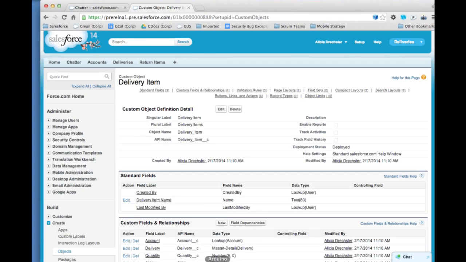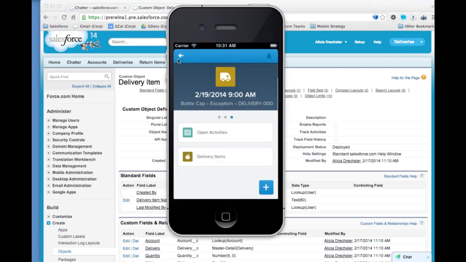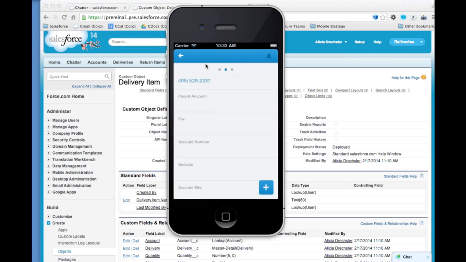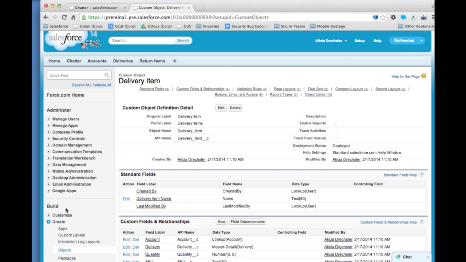My last trick, if we go back to this page with our related content on the delivery, and we think about other information that might be useful to see on this object, we have the account here, and we can drill into the account and get more information of it. But sometimes you know how in Salesforce on the desktop version, if you hover over the account name, you can see a little hover window that shows you more information about the account. We actually have an equivalent for that in Salesforce1, and it's called a mobile card, and it shows up on the related information page. So if we go back to the delivery object,